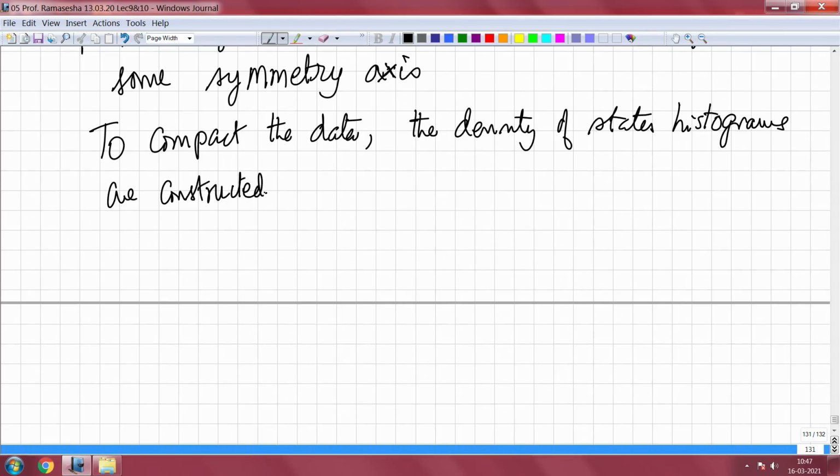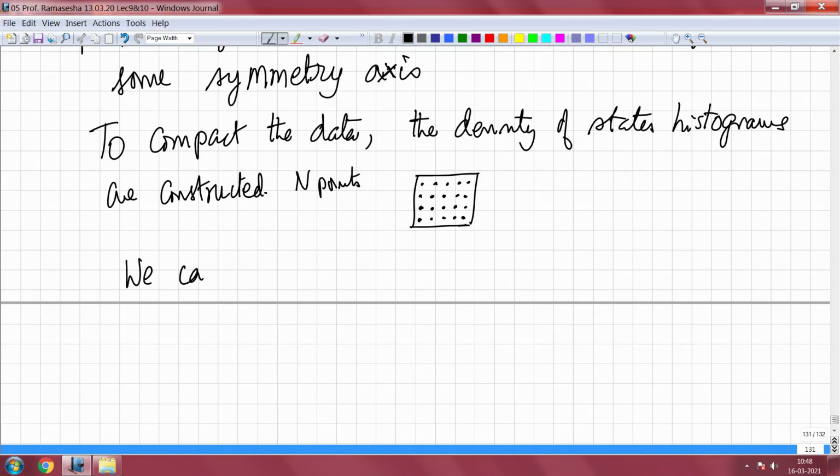So what do you do? You first take the region of the Brillouin zone, for example, let us say it is a square, and then you put the grid points, depending upon your computational strength and the technique that you are using. Then you will be able to calculate a given number of points within a reasonable time. So let us assume that you have calculated at some n points, then we can construct the following histograms.